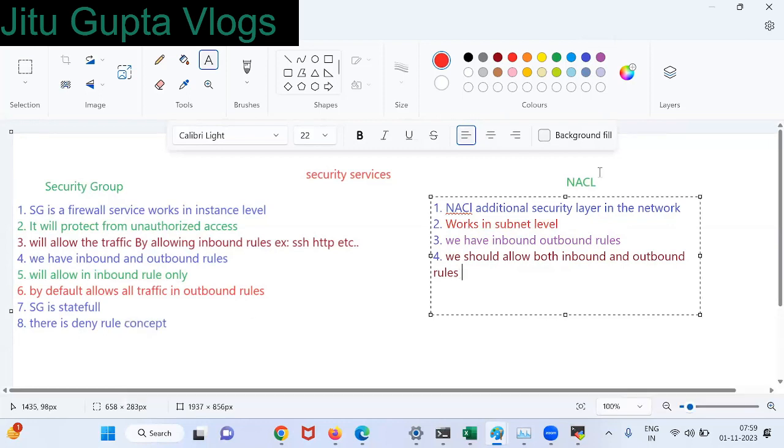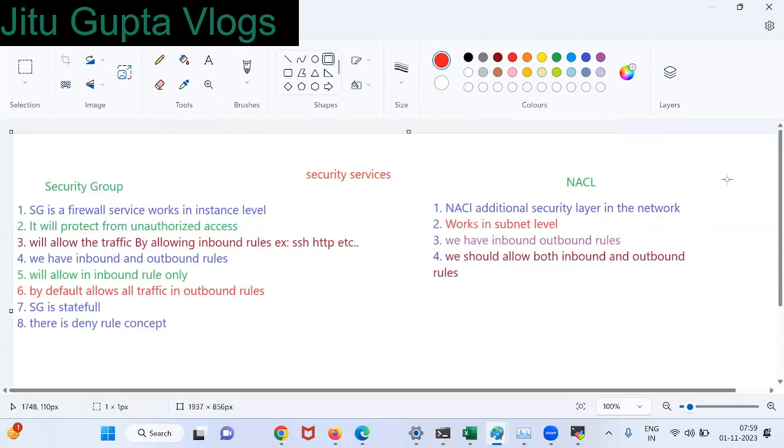So how is it like that? If you enable some port here, we should enable it out also, the same. So the request will come and go through to your network.